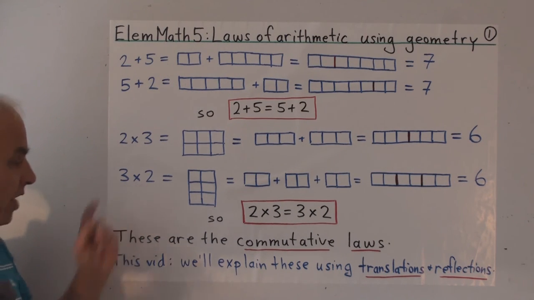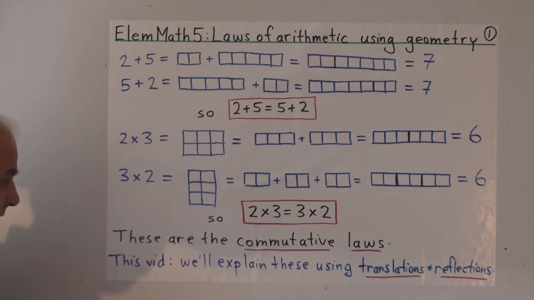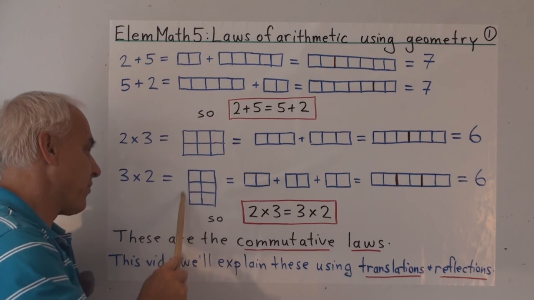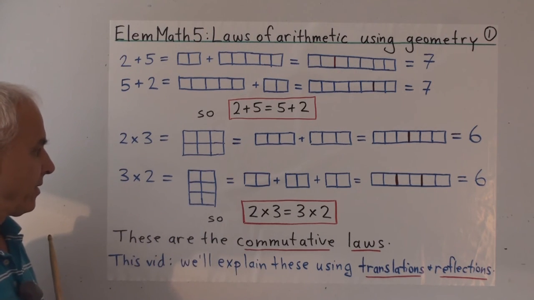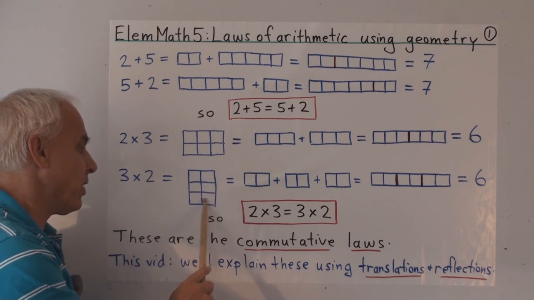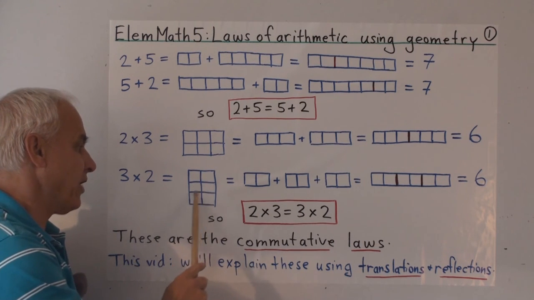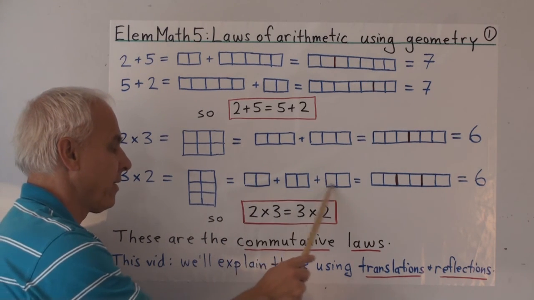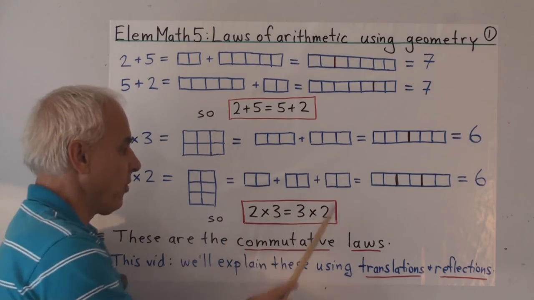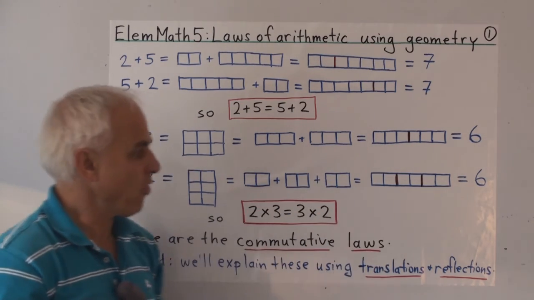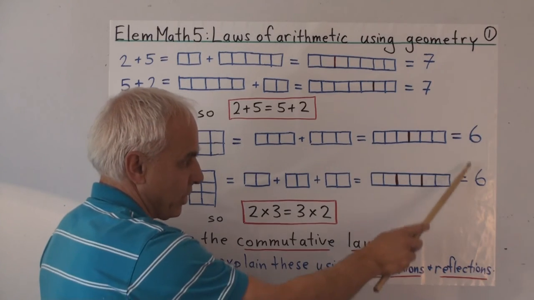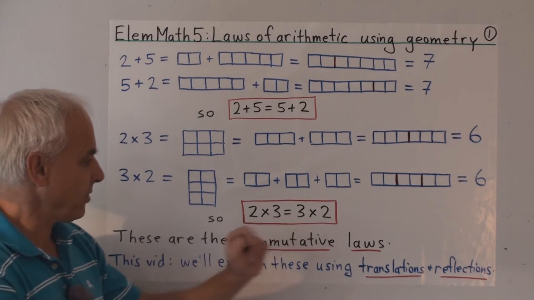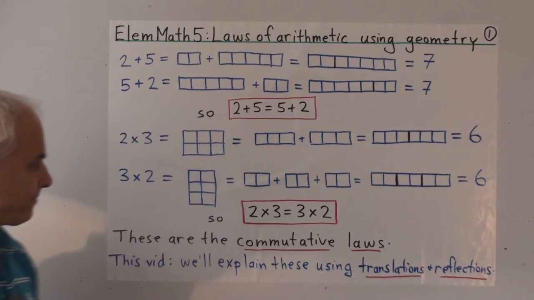If we multiply in the other order, 3 times 2, then we're talking about a rectangle whose shape is different, which now has 3 rows and 2 columns. And now there are 3 rows each with 2 entries. So we're really adding 2 plus 2 plus 2. When we put them together, they form a string like this, and lo and behold, we still get 6, the same that we got previously. So we conclude that 2 times 3 is 3 times 2.